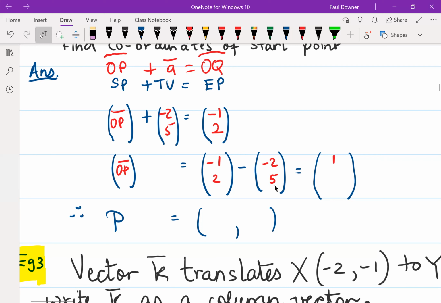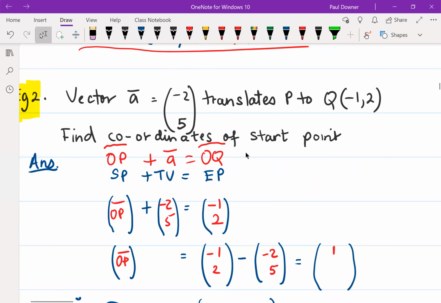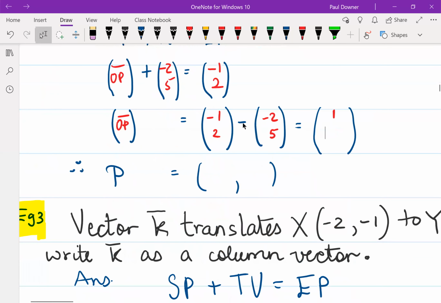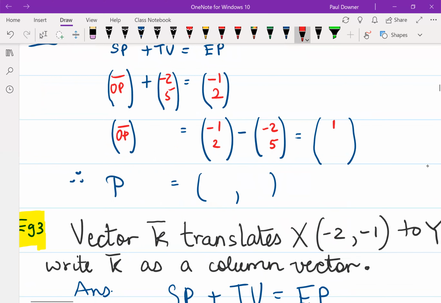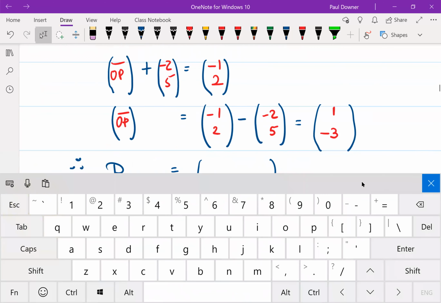Let me just check something. Yeah, 2 take away 5 is going to give us, let's see, did I make a mistake here? No, right. So let's double check it. 2 take away 5 is going to be negative 3. All right, so that's 2 minus 5 is minus 3. So it means then that the value for